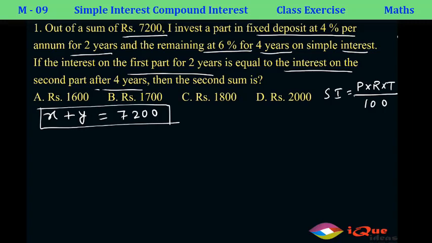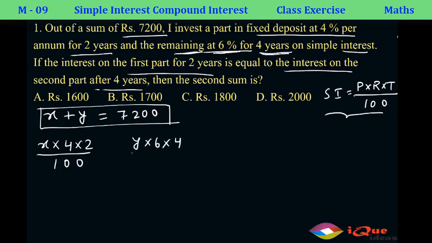Now it says the interest on the first part is 4% per annum for 2 years. So the interest on the first part will be the principal amount X into the rate. We are following this formula. So principal amount is X into the rate is 4 into 2 years, so time is 2, divided by 100. This is the total interest on the first one. And the remaining at 6%. The second amount is Y. And on that we have 6% for 4 years. So that interest will be principal amount Y into 6 is the rate into time is 4 years divided by